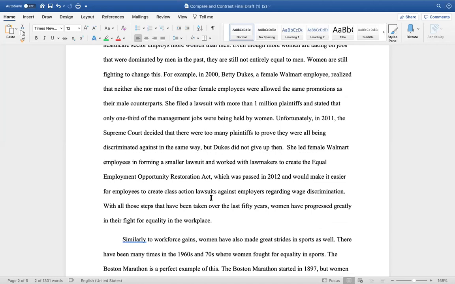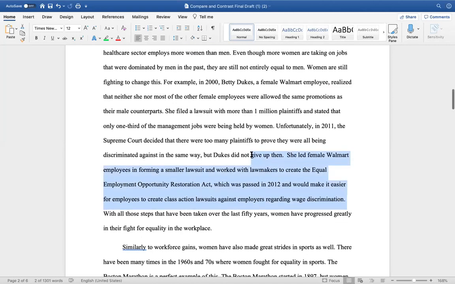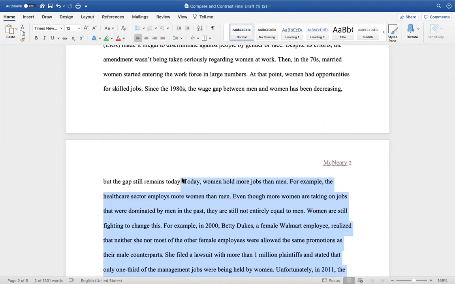But Dukes did not give up then. She led female Walmart employees in forming a smaller lawsuit and worked with lawmakers to create the Equal Employment Opportunity Restoration Act, which was passed in 2012, that would make it easier for employees to create class action lawsuits against employers regarding wage discrimination. What I want you to see is that all of the sentences in this section are